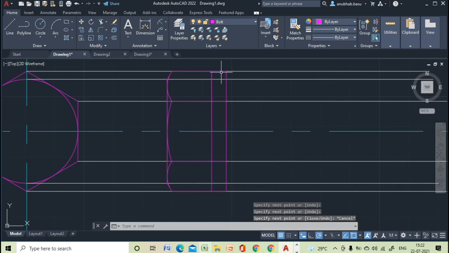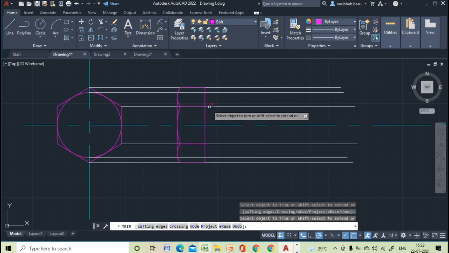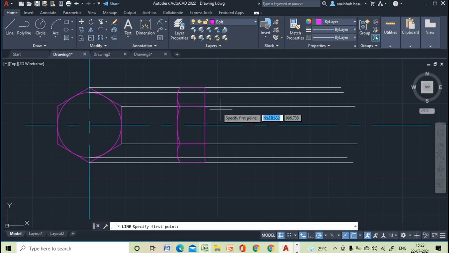Okay, so this would be the height of the bolt. Okay, so now we will draw the length. It is an arbitrary length I am taking.